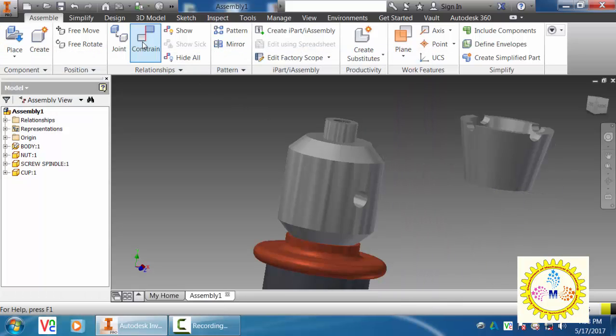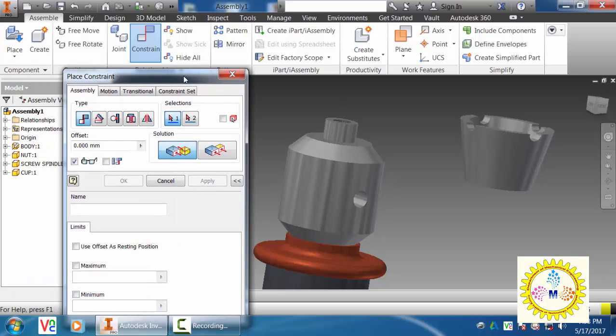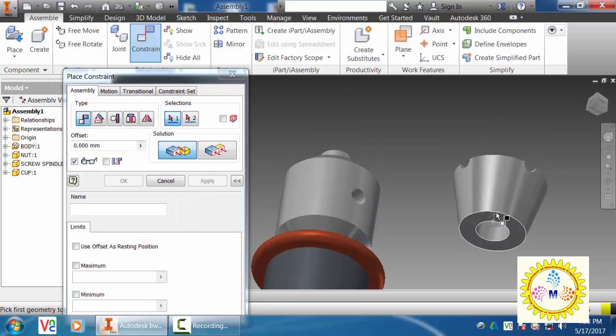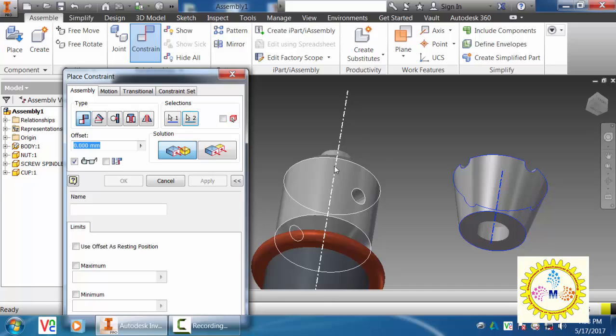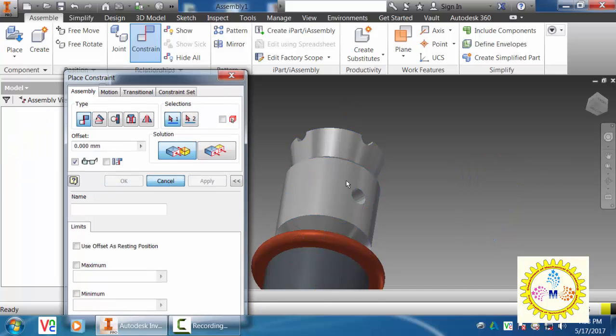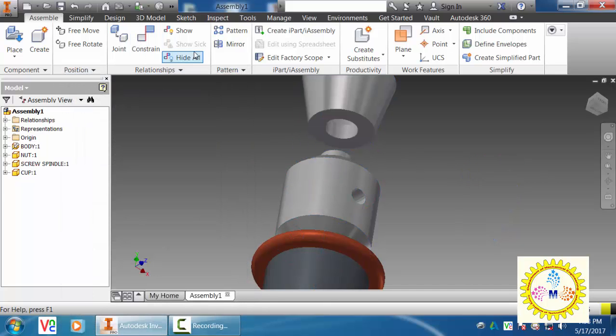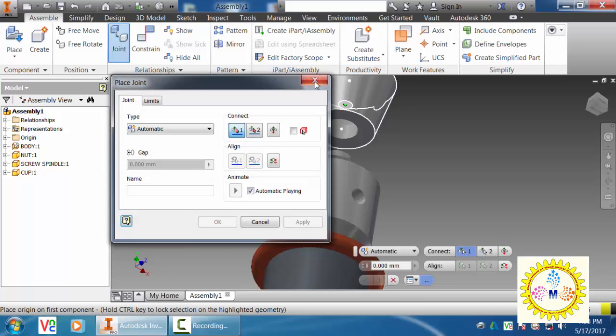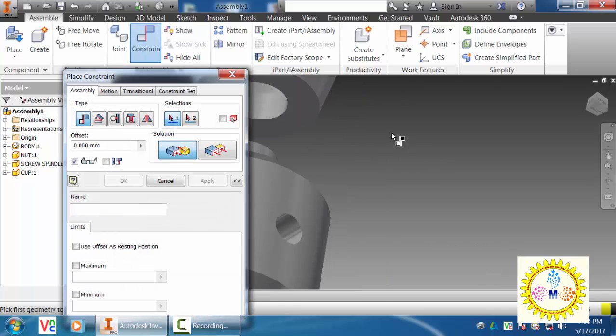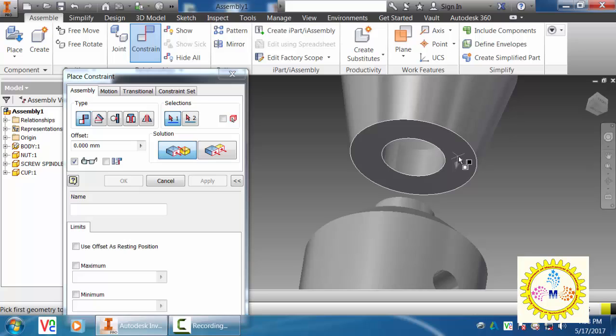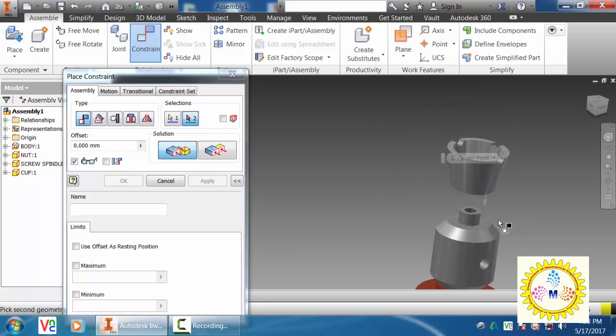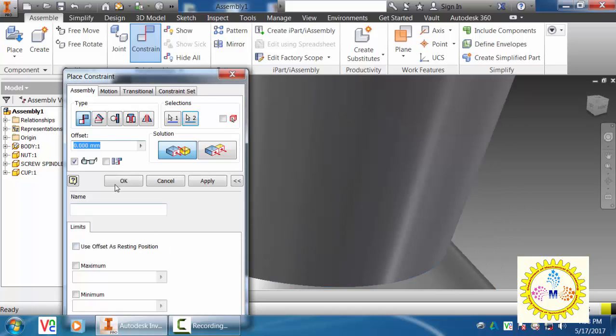Okay, the same method: go to mate, select the axis, select the axis here, mate it, apply. Okay, so go for, sorry, go for constraint. Here also it can rotate, but it should not move above the spindle. So select this face and select this face. Okay,